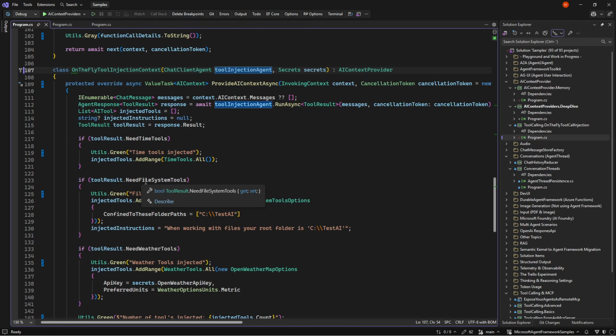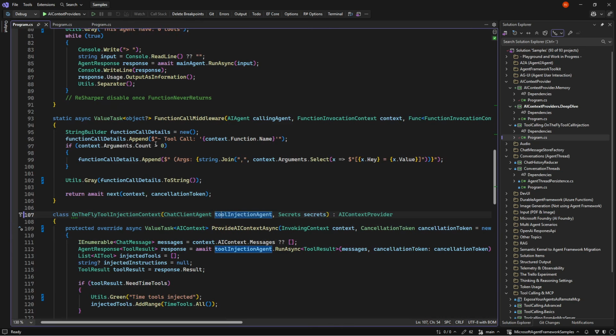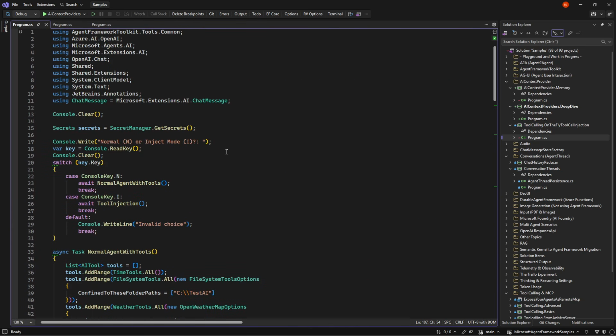There are probably many other ways of doing this. Agent Framework themselves have used it to make agent skills. I have a different video on that, and I will compare my agent skills to their agent skills, but they're actually using the AI context providers in order to inject those tools on the fly. Kind of a cool idea, but I find it a little too limiting what they do, but that's for another video.